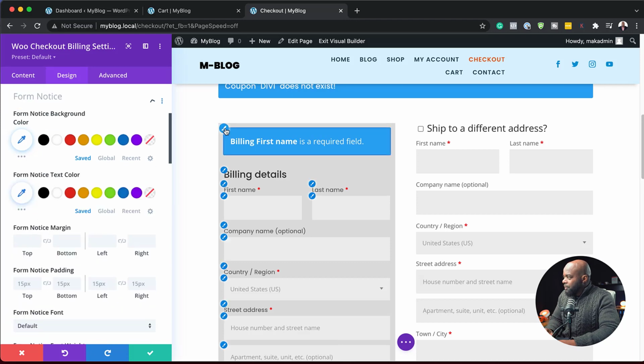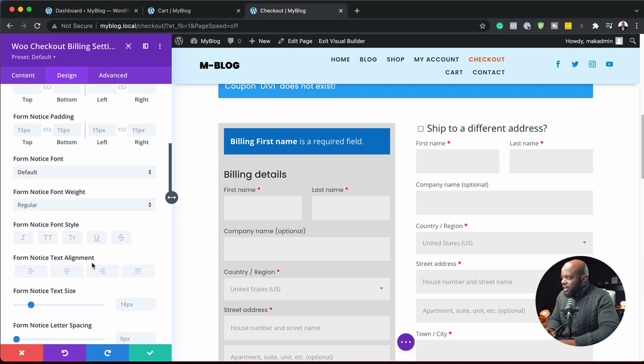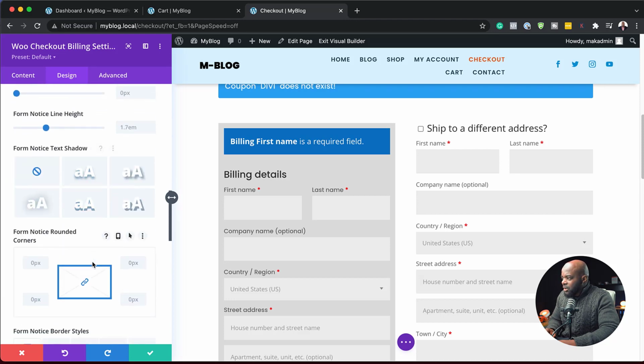Now here on the top, I also need to update that. And the notice here. Okay, let's just change it to that. And the notice text color, I think white is fine. And then I just need to soften the sides a little bit by giving this some rounded corners, just like that. Now over here, we can see